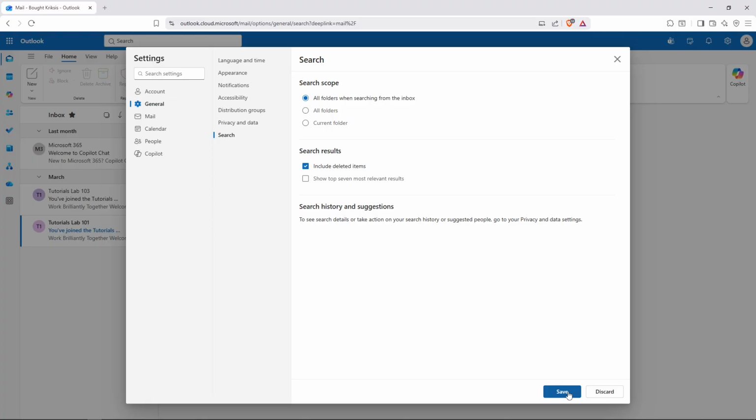And that's it. You've successfully disabled the top results feature in Outlook Search, giving you more control over how search